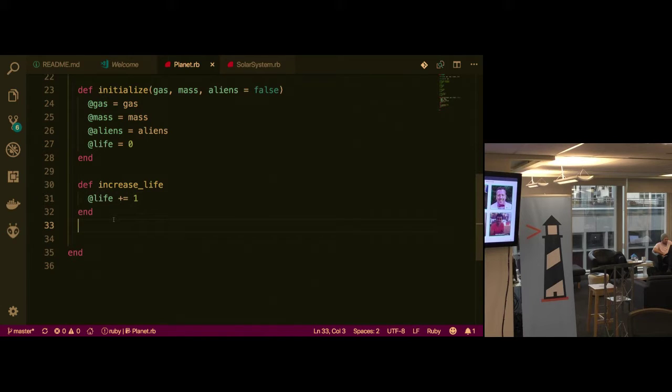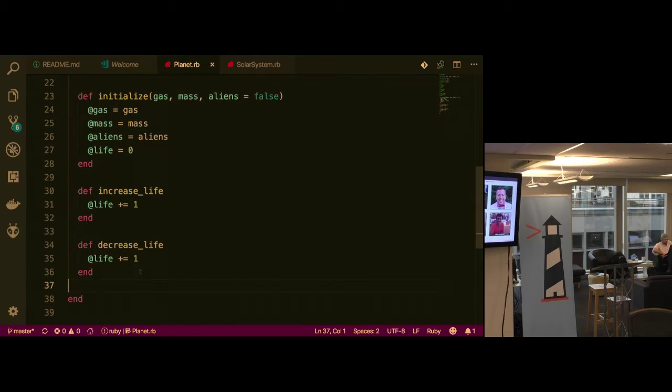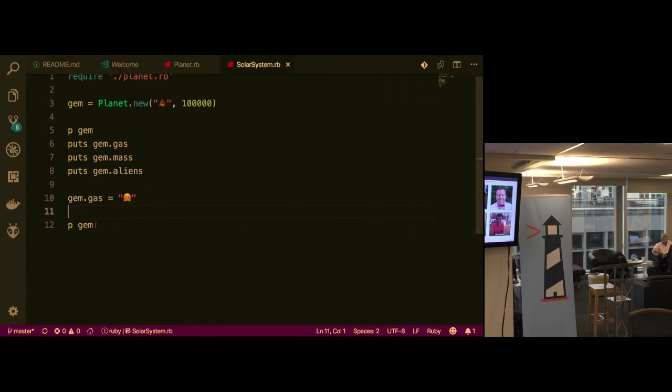Okay, so we can increase life and I guess decrease life. Decrease life. Seems good enough, right? Minus. Yeah, how's everyone feel about that? So then let's run gem dot increase life.